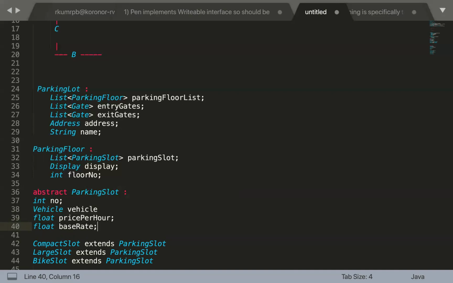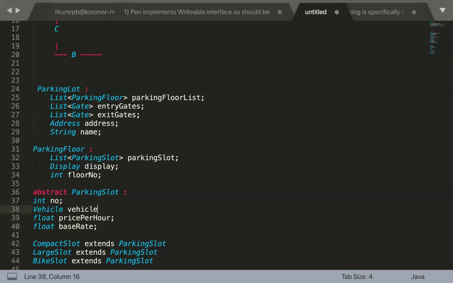You have modified and created this base rate, right? Now for any such changes, you are modifying the existing created entity. What best can happen? If we want to optimize this, how can we do it? Instead of this price per hour and this base rate, these are all pricing information.